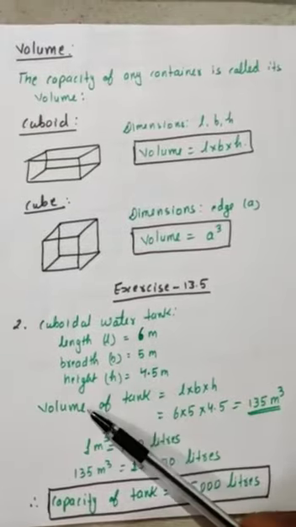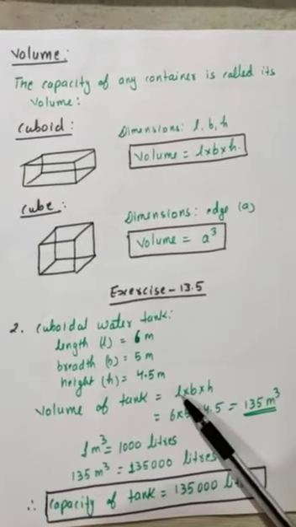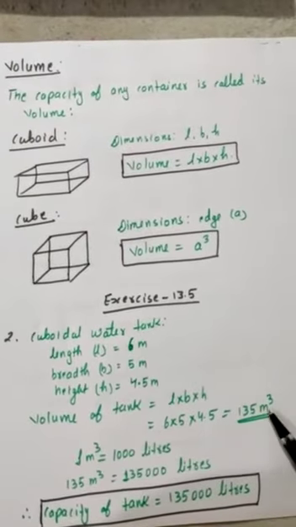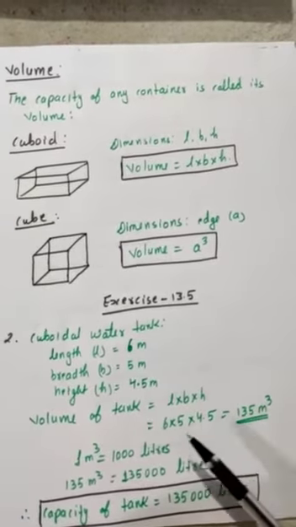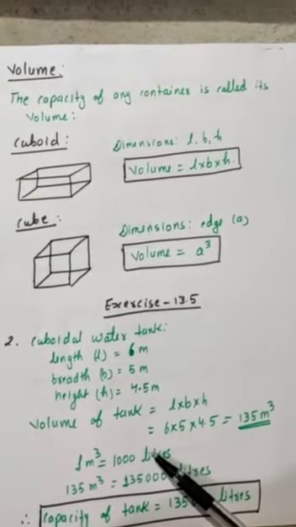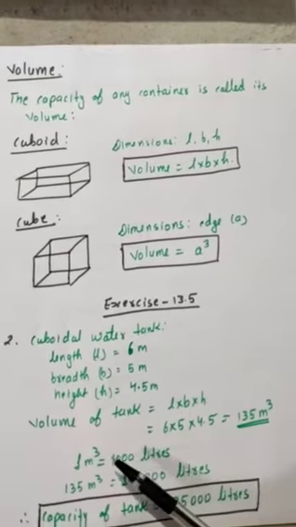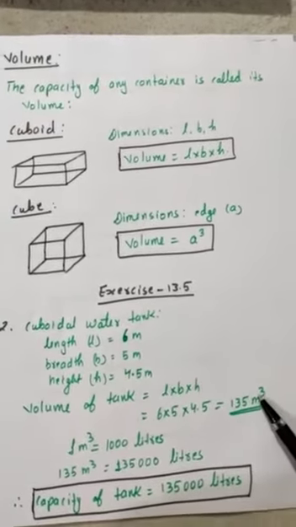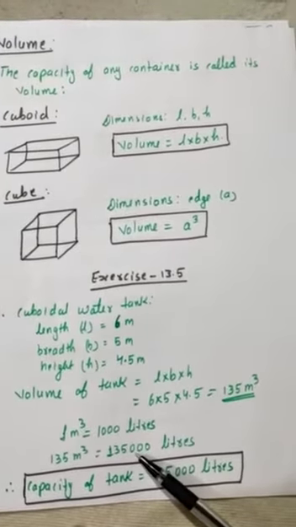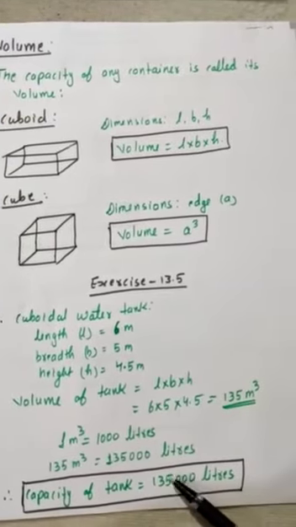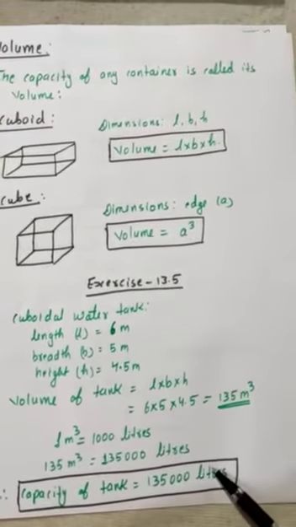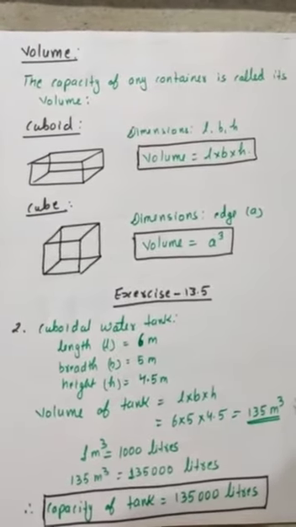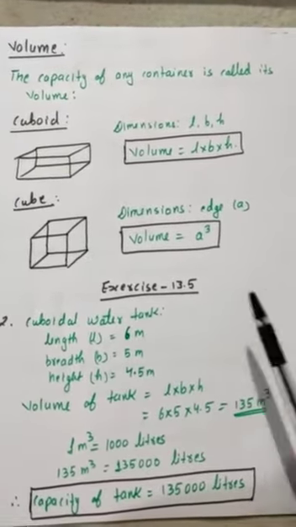So for that first of all you will calculate the volume of tank, which is LBH. तो आपका आंसर आ रहा है 135 मीटर क्यूब, बट दिस आंसर इज इन मीटर क्यूब. और आपको क्वेश्चन में पूछा है हाउ मेनी लीटर्स ऑफ वाटर. सो यू नो 1 मीटर क्यूब इज इक्वल टू 1000 लीटर्स. सो 135 मीटर क्यूब विल बी just multiply it by 1000, so it will be 1,35,000 liters. This much water is contained in this tank. Okay, so this way you have to do the questions by putting the formulae.